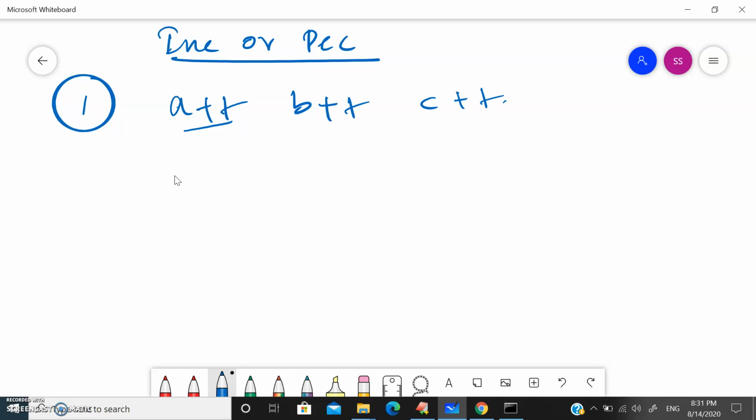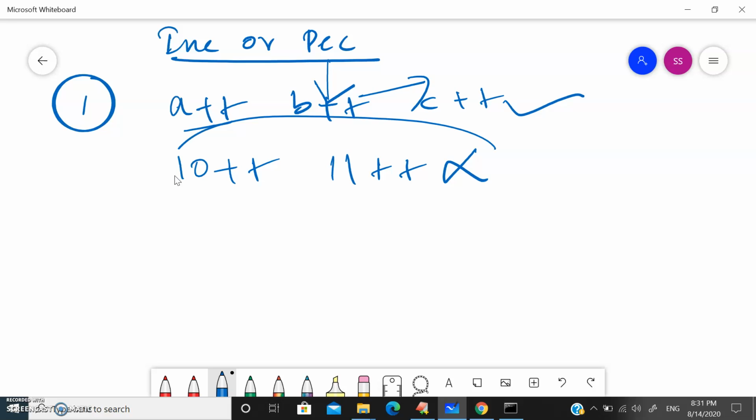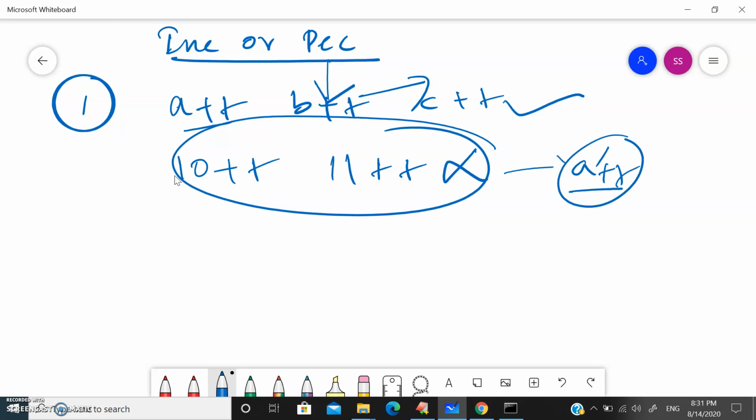You can't do 10 plus plus or 11 plus plus. This is wrong. You can apply increment or decrement only to variables, not to numbers or characters. This is the first rule you should remember.